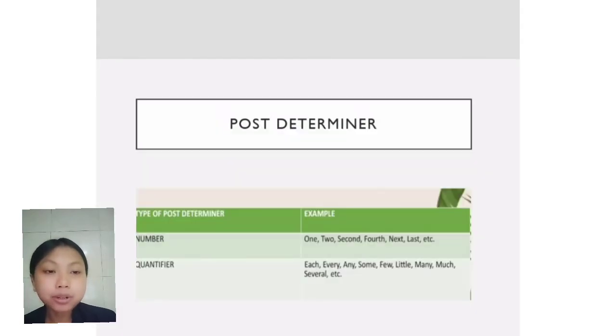And then the post determiner is the other part of a noun phrase, which goes after a determiner. So here the types of post determiner are number and quantifier. For the number, I attach some examples such as one, two, second, fourth, next, last. And then for the quantifier, there are each, every, any, some, few, little, many, much. And next here is